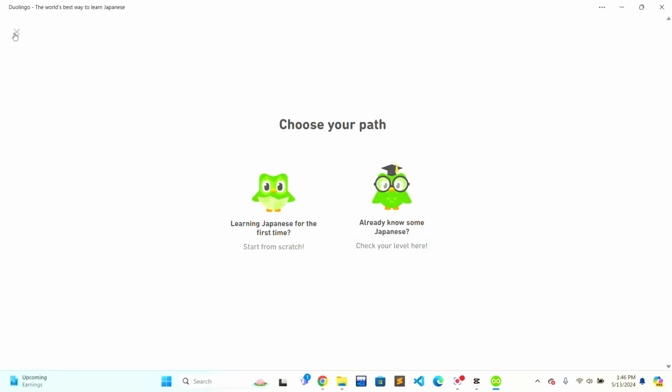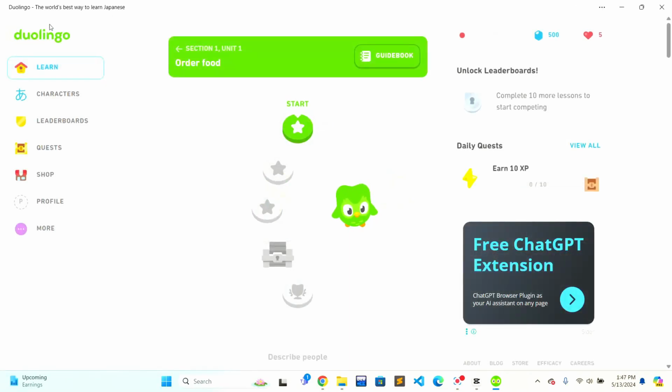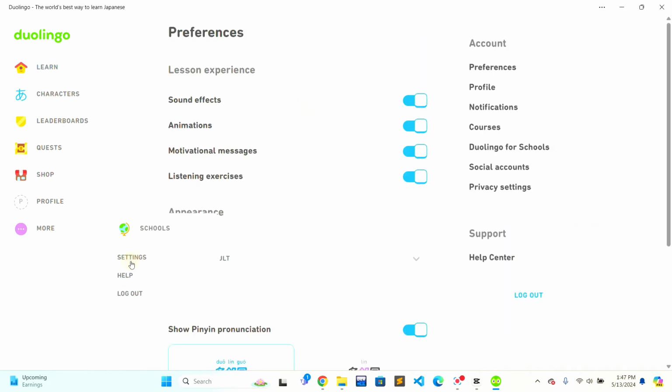I'll just press the cross button, and in the help section there are all these things, and in the bottom there is more. When you hover over the more, there are three options shown: settings, help, and logout. You just need to press on the settings option, and when you are in the settings options, now there is